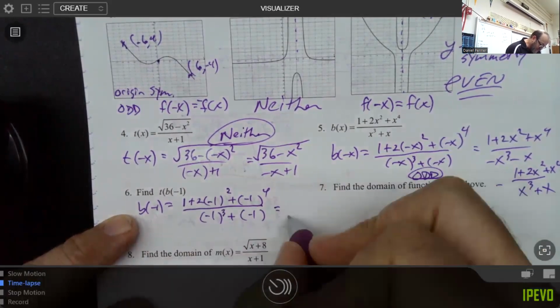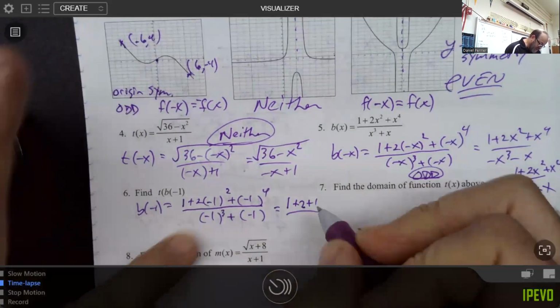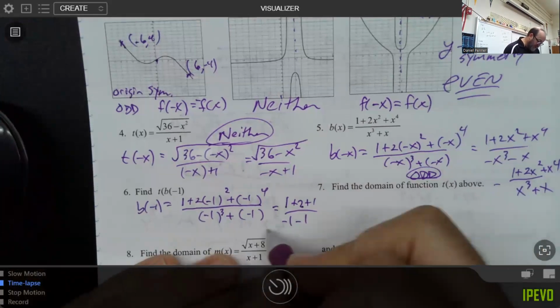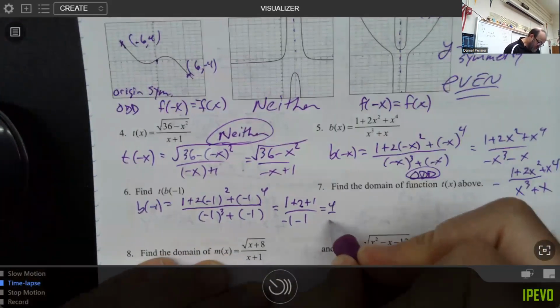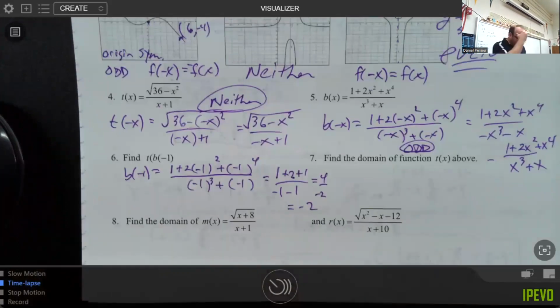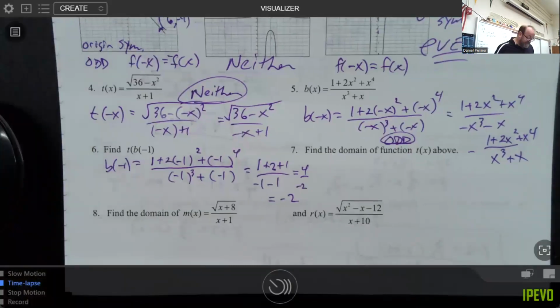And that gives me a 1, a 2, and a 1 on top, and a -1 and a -1 on the bottom. So it looks like I've got 4 over -2. So it looks like my answer is -2. Now I am going fairly quickly, so forgive me if I've made a small mistake in there, but I think